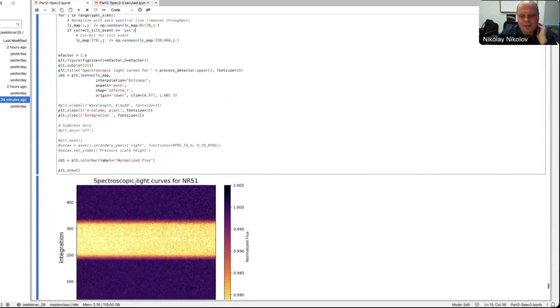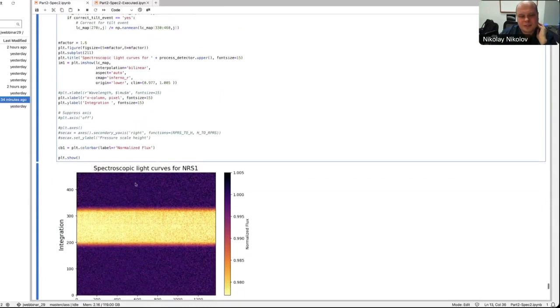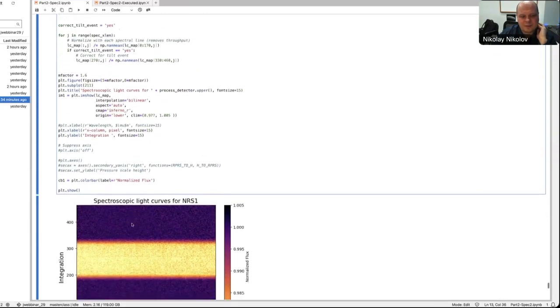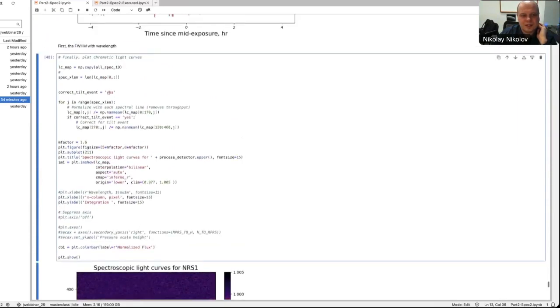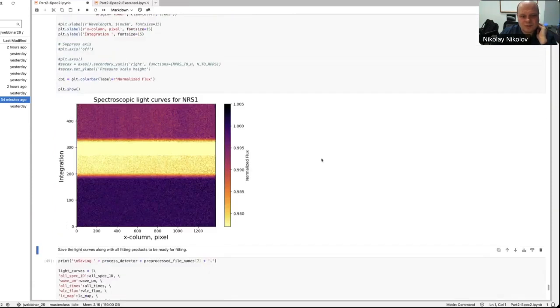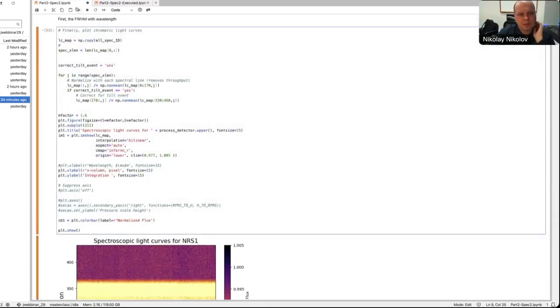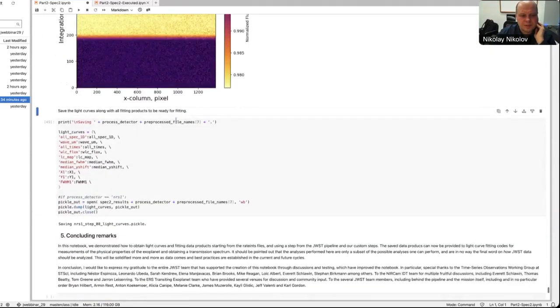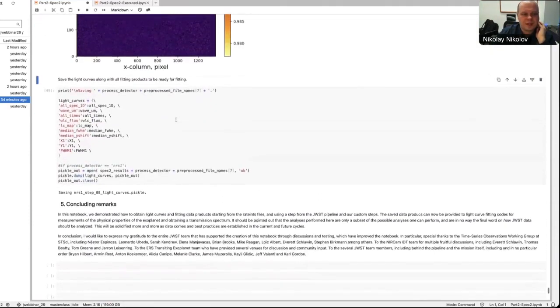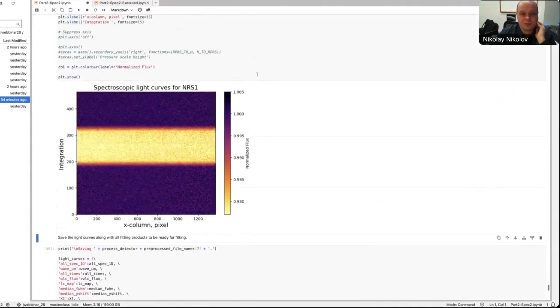In this color map, I included the knowledge of the tilt event and corrected the data after the tilt event using the out of transit data. You have the option to not correct it, just to see how it looks. And you can see the different levels between the light curves before and after the tilt event. Yeah, and then you can go back. Finally, the notebook will save your data ready for the next step, which would be light curve modeling and obtaining of the